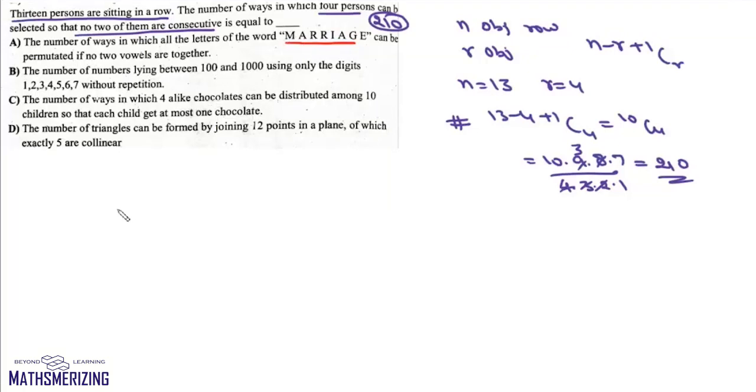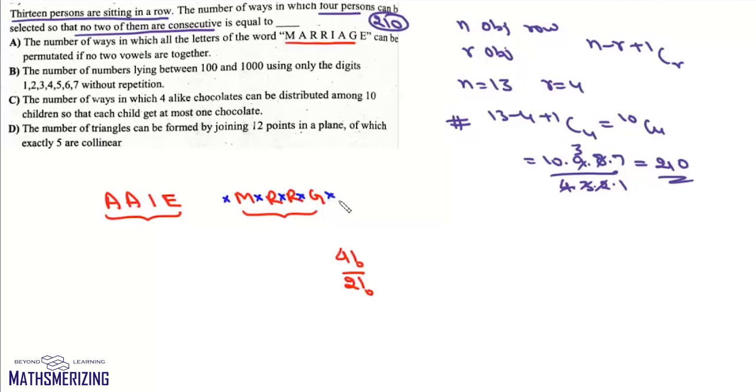Now here the vowels are A, I and E, and consonants are M, R, G. Now we have to separate these vowels. We'll use gap method. So first we'll arrange M, R, G, and it can be done in factorial 4 divided by factorial 2 ways. Now since no two vowels are together, we have to arrange these vowels in gaps, and